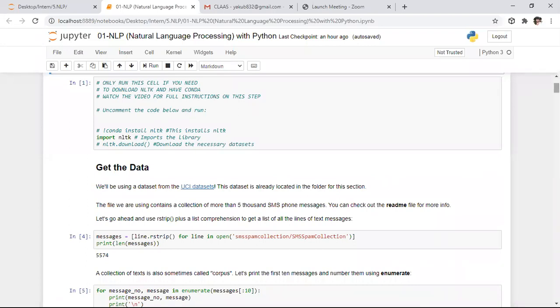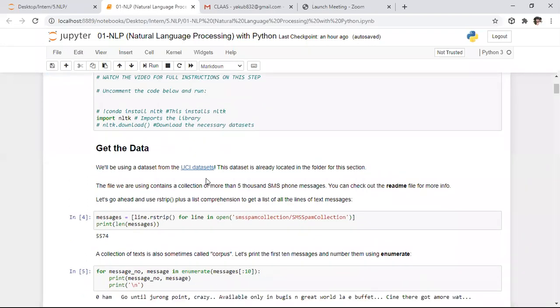For this project, I'm taking the UCI datasets. If you click on this, it will take you to the real folder of this UCI dataset. From that UCI dataset, we collected 5,000 offline messages. On those messages, we need to perform different analysis, like whether a message is a spam message or a normal message. We need to perform this classification action.